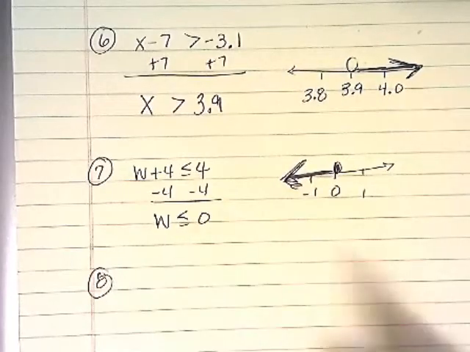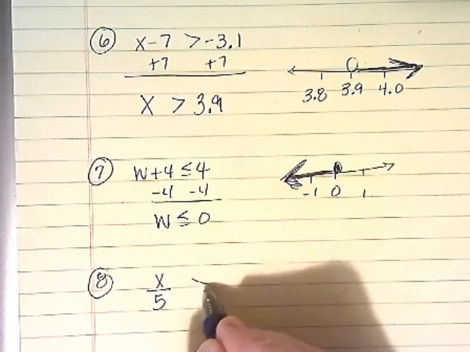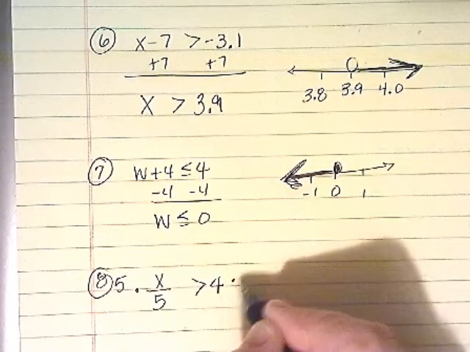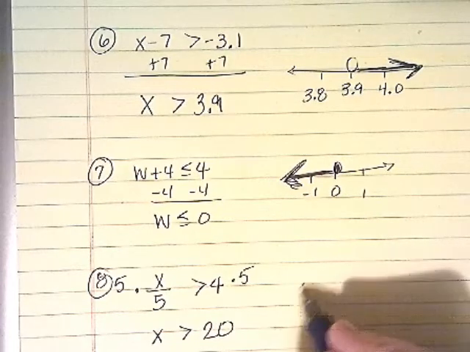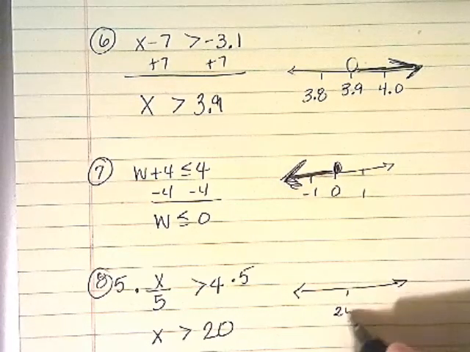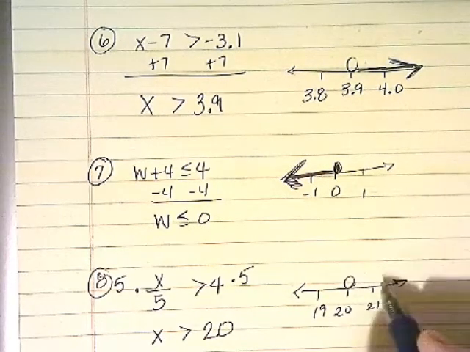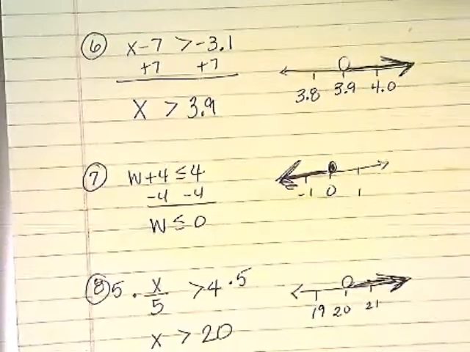Number 8 says x over 5 is greater than 4. You're going to solve this inequality by multiplying both sides by 5. X is greater than 20. It's an open circle and shading to the right. That's problem number 8. Problem number 9